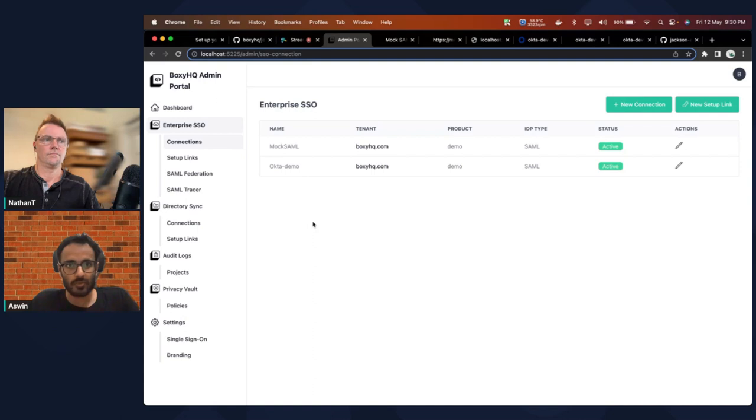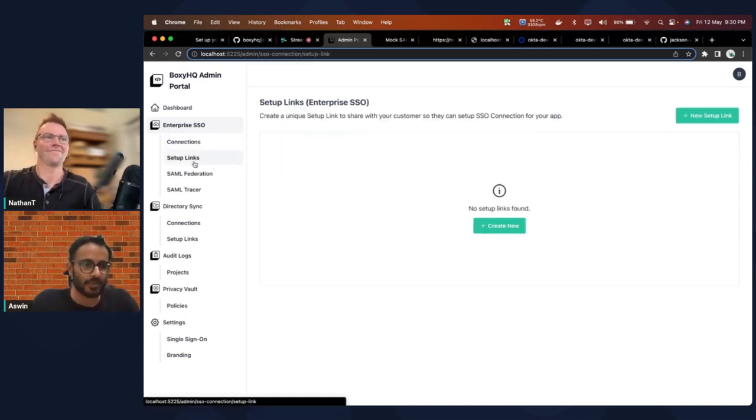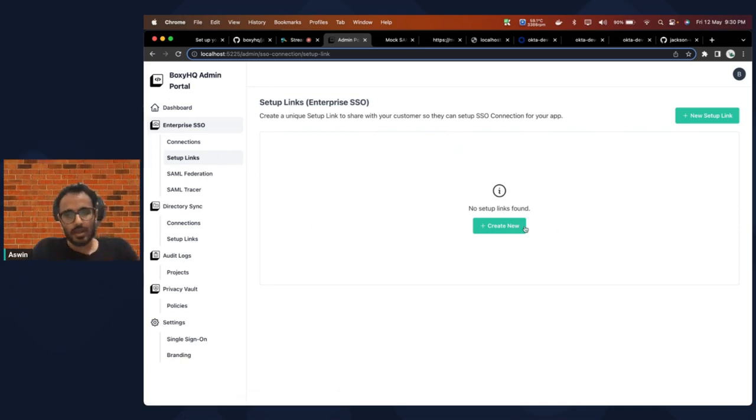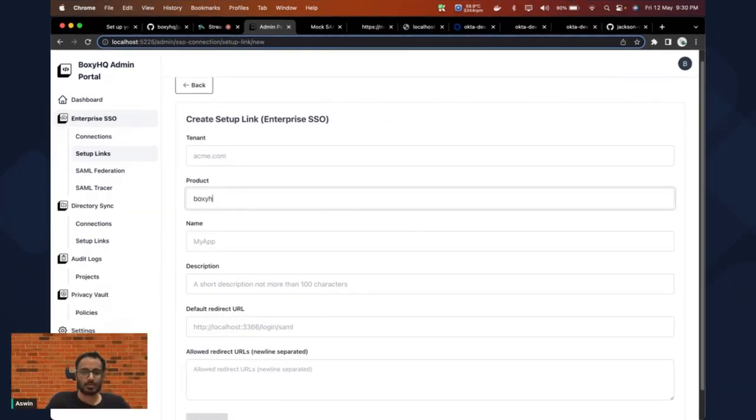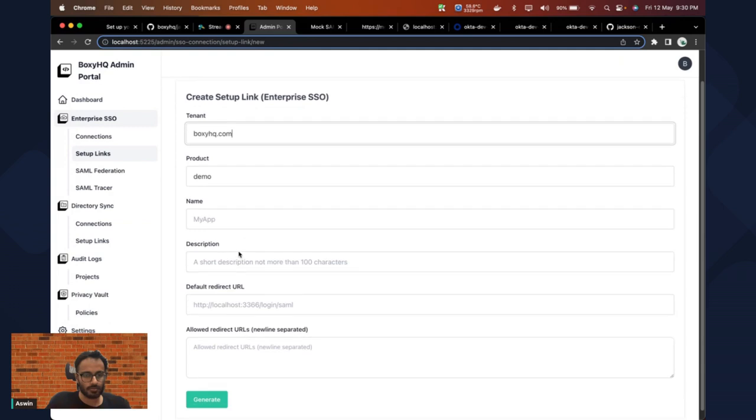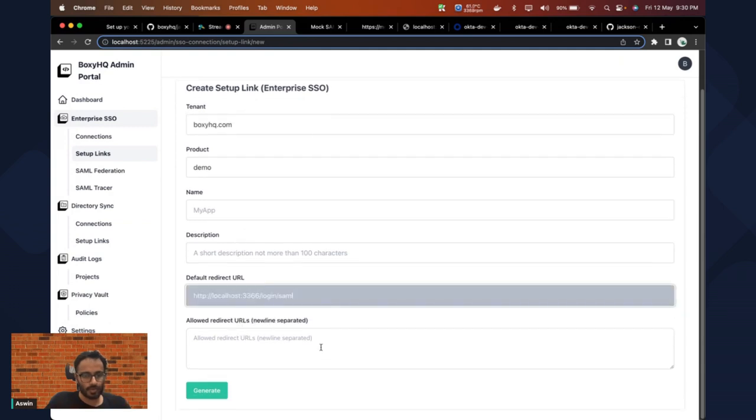Let's see how it works. Okay, perfect. That's what I was going to ask you. Okay, so I head over to setup links and create a new setup link. Let's say product demo, tenant calendars.boxyhq.com, and a post redirection URL. These are some settings: the tenant and product need to be configured, plus the redirect URL of the application. And if you click on generate,